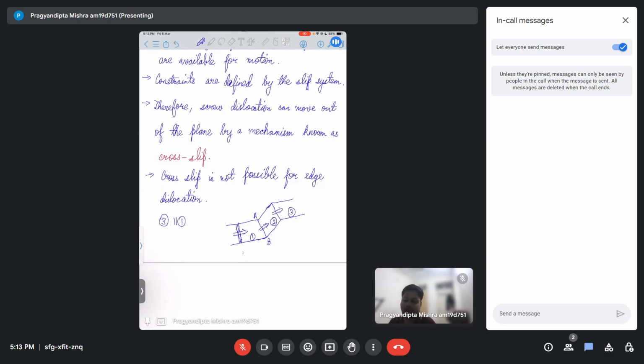Okay, so while cross slipping, it might go back to the plane which is parallel to the original plane it was moving along, or it might not go. Okay, it might continue along the cross slip plane. It might move on to some different plane altogether. So anything can happen. Okay, but